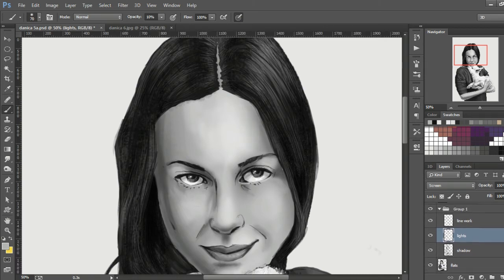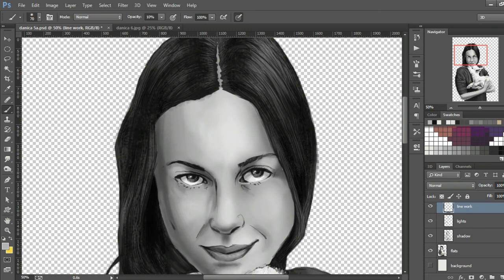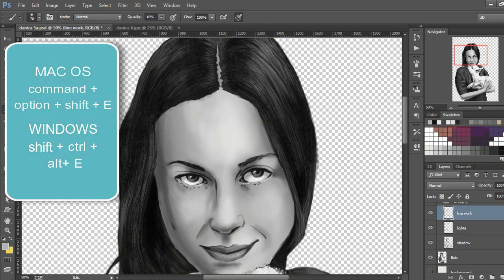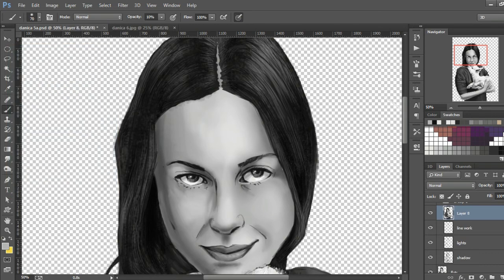Okay, so now that we have our lights and shadows, our flat layers and line work, the thing that I would like to do when I have that is remove the background since we won't be needing it, and use a little long keyboard shortcut that goes Shift Ctrl Alt E. And what will that make?